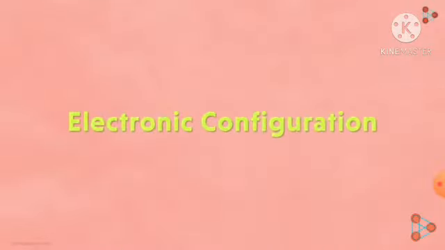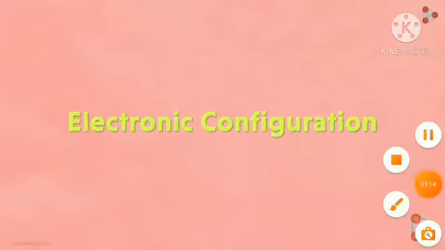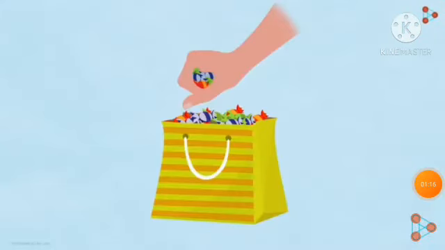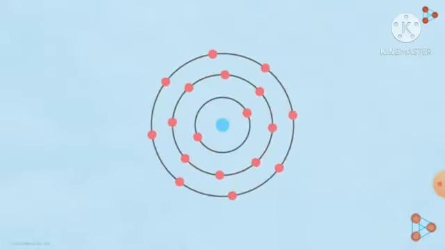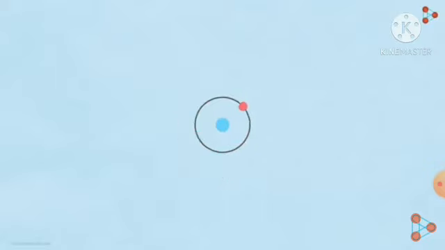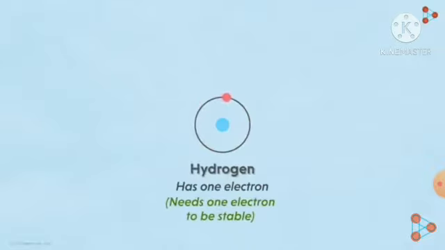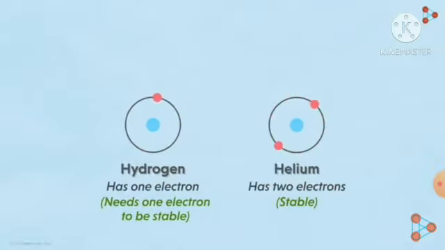Let's have a look at an important concept called the octet configuration. Now what could this be? As the name suggests, we will try and grab the maximum number of chocolates using our hands. Similarly, the atoms would want to have the maximum number of electrons their shells can accommodate. That means if it's just one shell like in the case of hydrogen or helium, then the atoms would want to have two electrons in it. That will be the outermost shell of the atom. This will help them achieve a stable state.